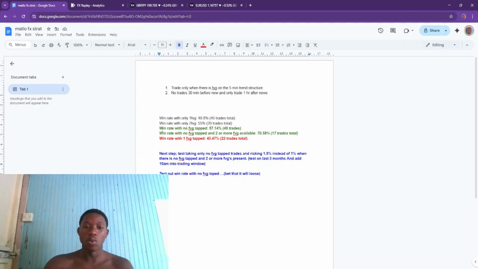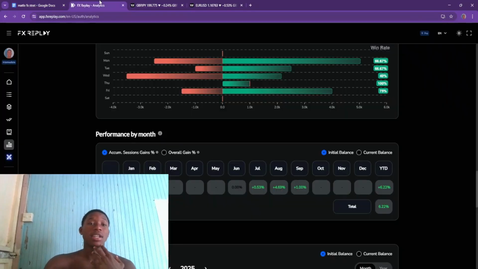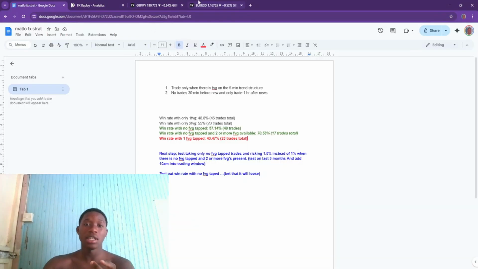So the win rate with no FVG tapped is 57%, right? Over 49 trades. And the win rate with no FVG tapped and two or more FVGs available is 70%, 70.58%. So it's basically showing us that FVGs present in a trend leg